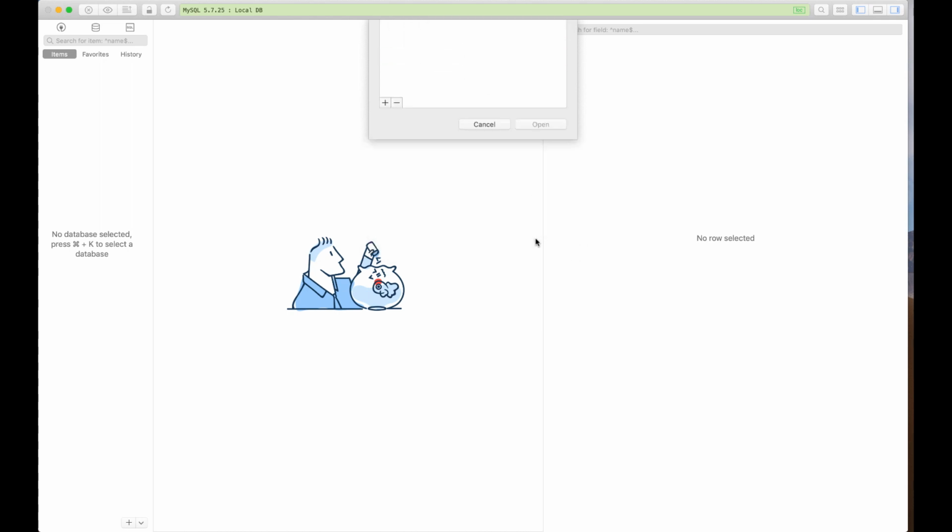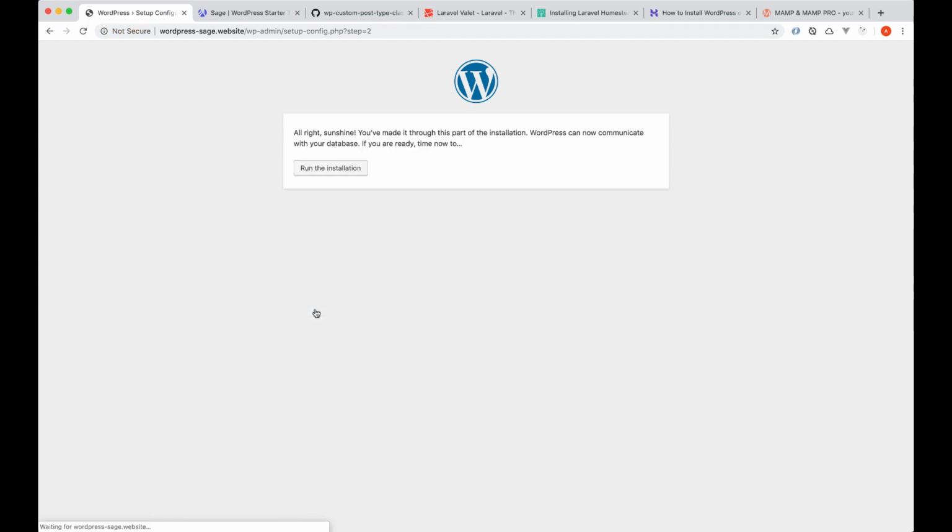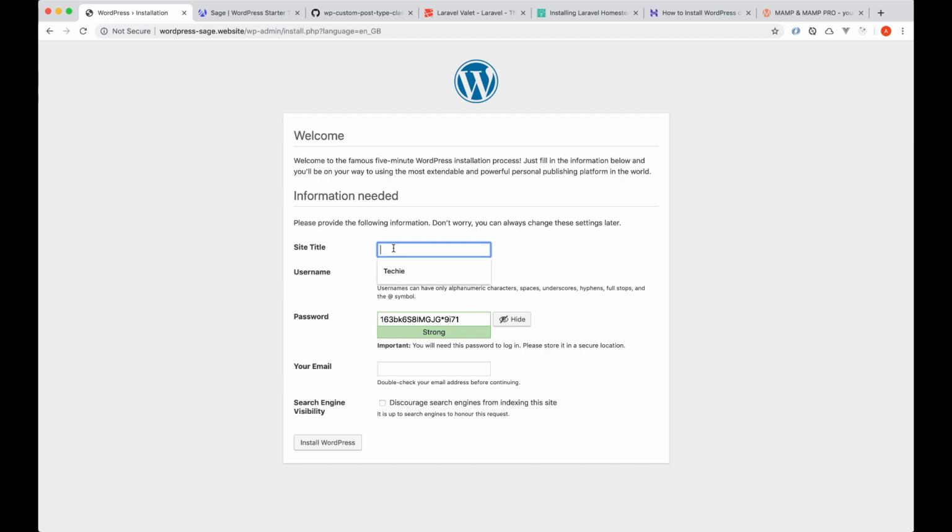Great, and I will simply open it. So now I can go ahead and specify the name of the database. Username is root for me, it's local. Database host localhost is fine. Table prefix, I'm sure you know you can change it if you want to. I'll just stick with the default. Run the installation. Site title, modern theme development with Sage. Okay, I'm going to call the user admin,